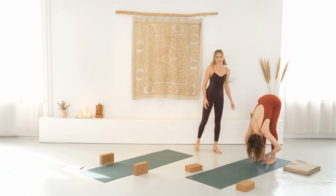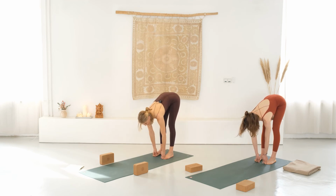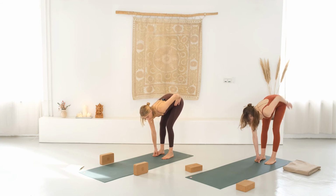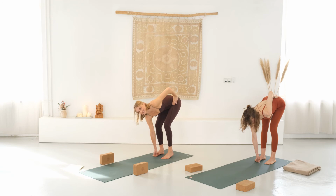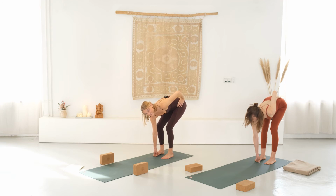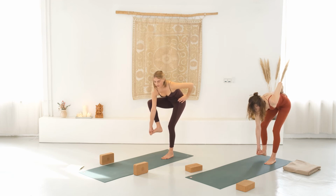And then gently come into a halfway lift, lengthen your spine again, and release only your left hand. Bring your left hand to your hip. Bend your left knee a little bit, and imagine you want to leave a footprint with your left foot on the ground. So you're really pressing that left foot deep, deep down. And then slowly, slowly shift all your weight into your left leg as you bend your right knee on the side of your arm. Carry your foot with you